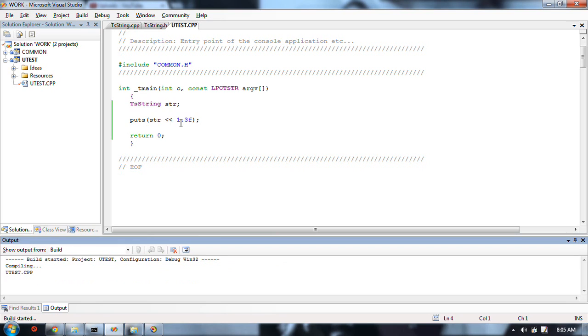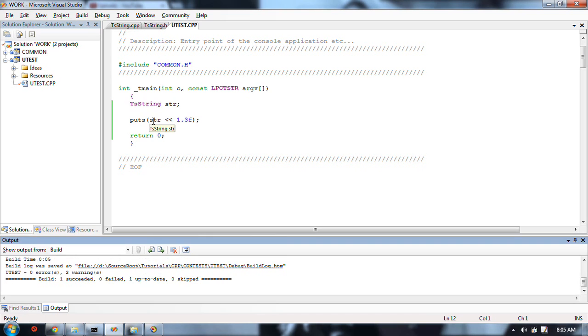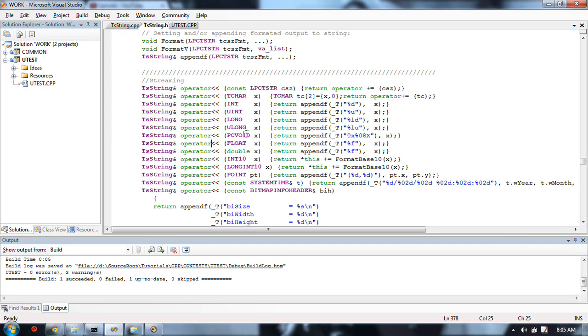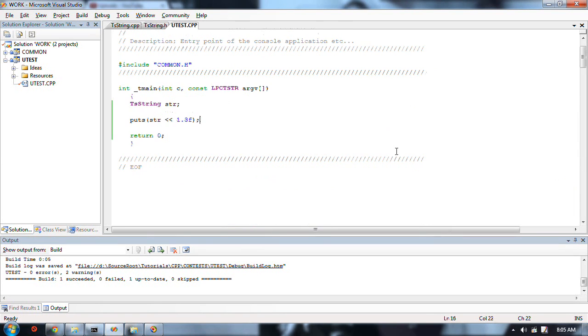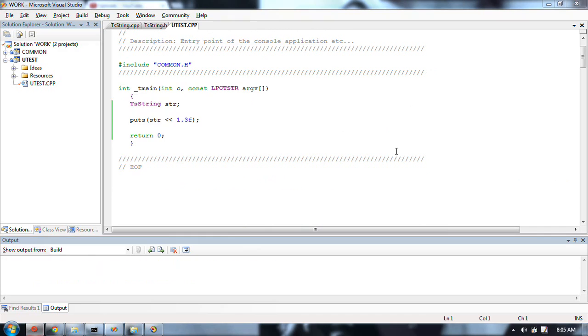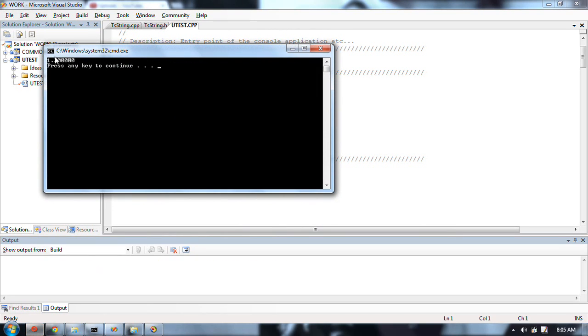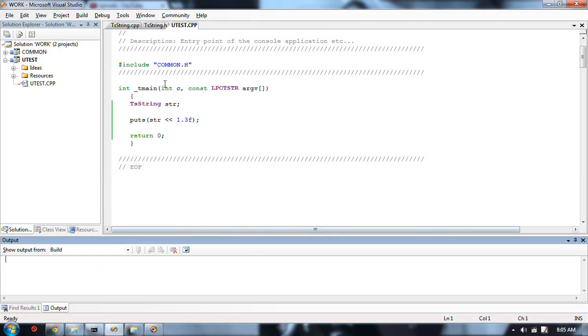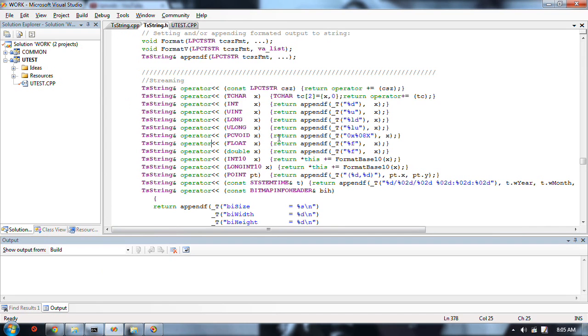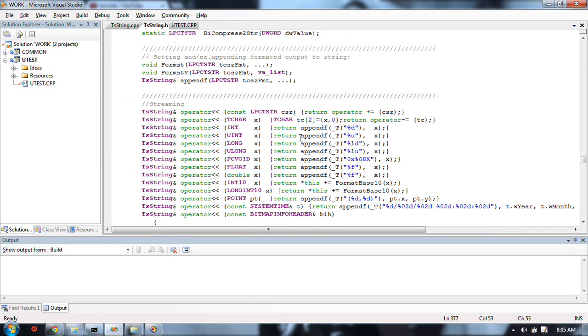But I have a function that takes a float and a reference to a string, and it appends to the string using this appendf, which is essentially like... all this appendf does is call like stir, what's that? Stir,